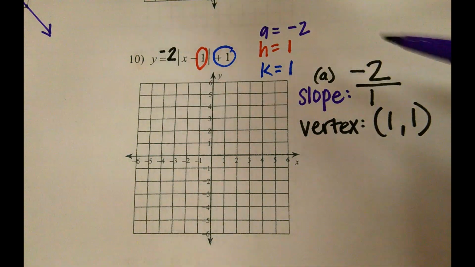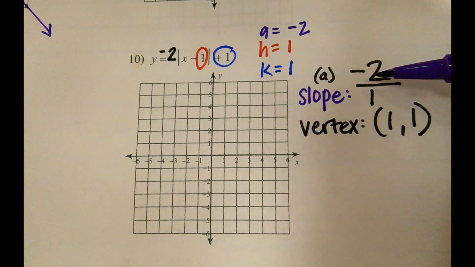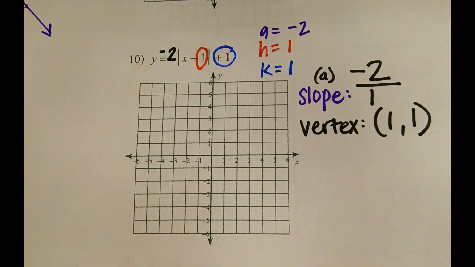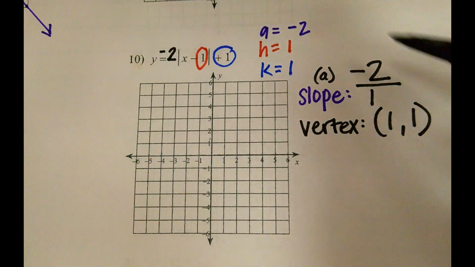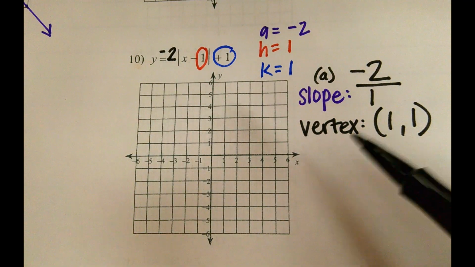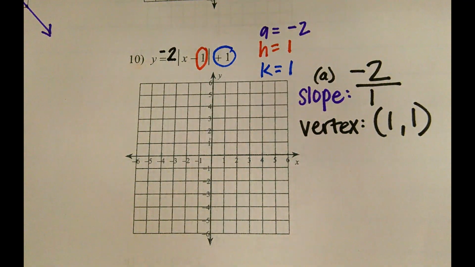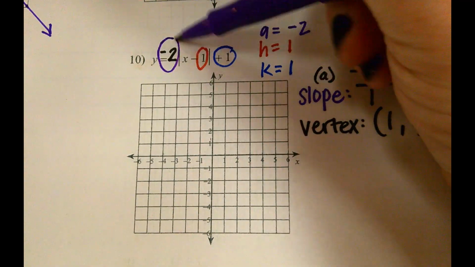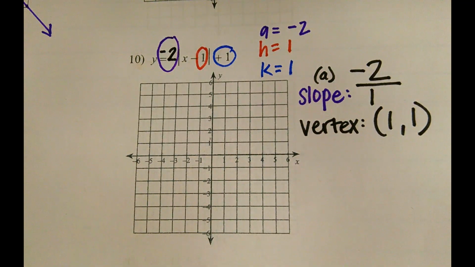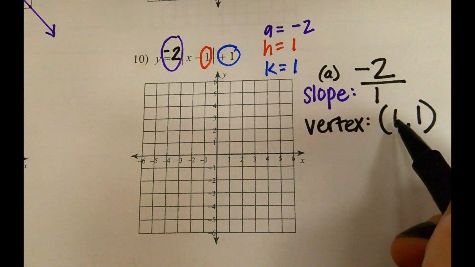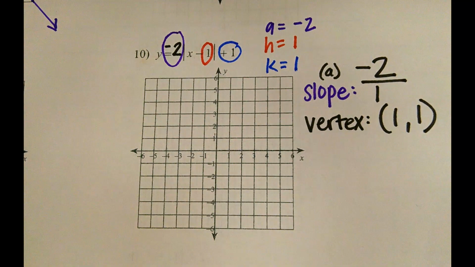Now, since our slope is -2, we're going to keep that in mind when we start adding points to our graph. We're not just going to go 1, 1, 1, 1. We're going to do something different. So first, now that everything is identified, let's put our vertex on the graph. So if my x is 1 and my y is 1,